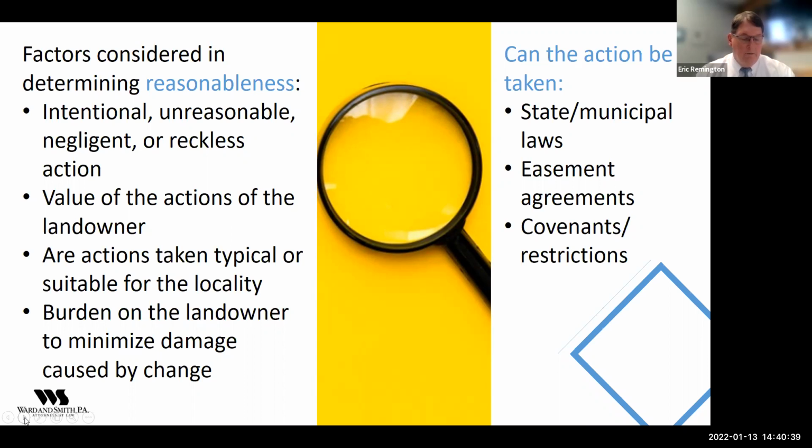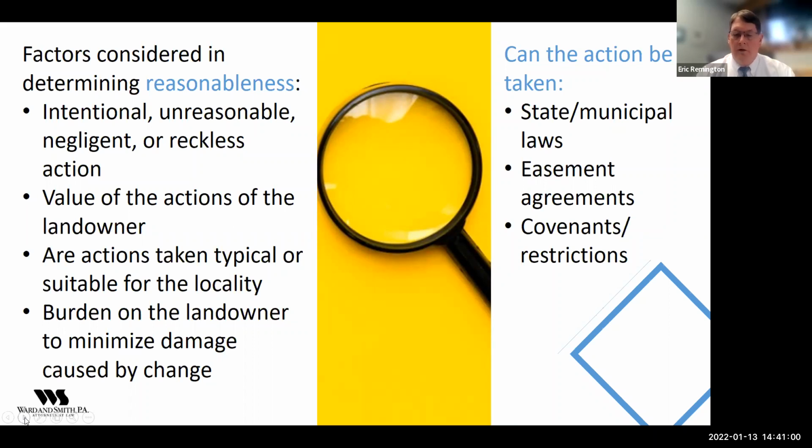And then the last factor that they really look at is the burden on the landowner to minimize the damage. The person that is making the change has an obligation to do what they can to minimize whatever damage is going to be done.